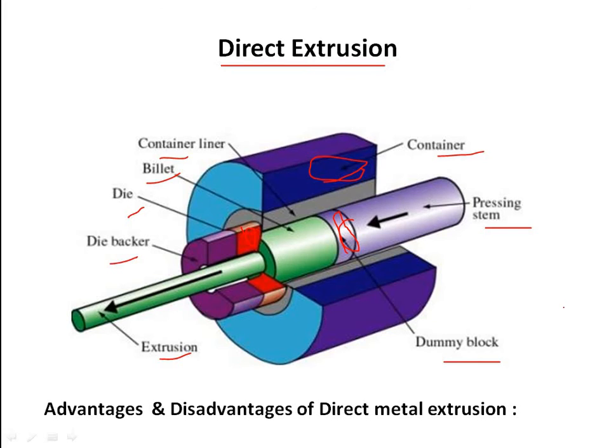So next we'll be discussing advantages and disadvantages of direct metal extrusion. So no billet modification is required here. Can be used for both hot and cold extrusion. Simple tooling compared to other extrusion processes. And disadvantages: high force requirement due to friction and left side inside the cavity. The force required to push the ram changes as the punch moves. Next we will be discussing indirect extrusion.